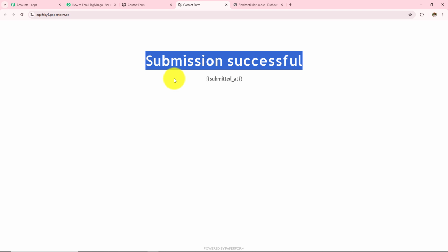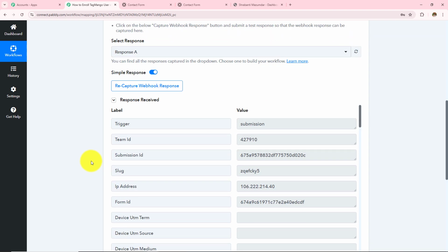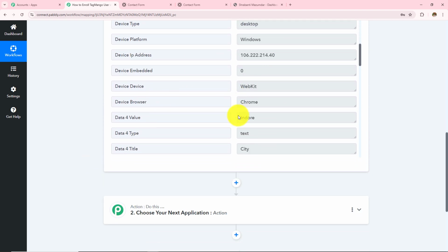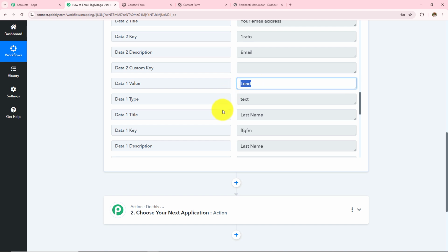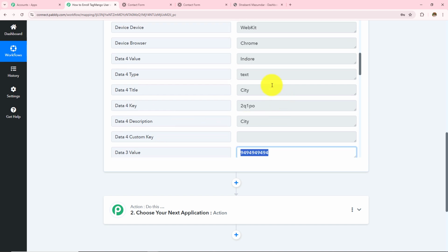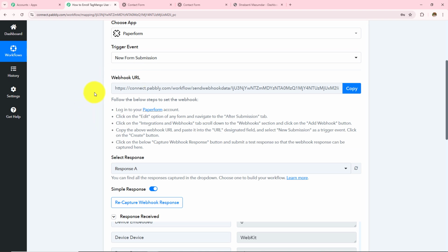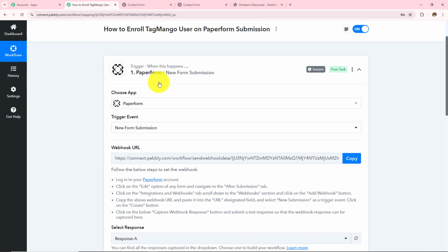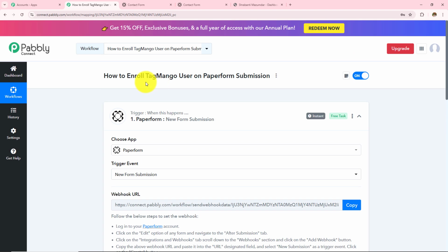I have successfully submitted the form, and all these details should be captured and received in my Pabbly Connect workflow. So let's open my Pabbly Connect, and if I scroll down I can see that I have received the response. So the first name was New, last name was Lead, email address was newlead@pablitudes.com, phone number was this, and the city was Indore. Now as soon as I have done the form submission, I have received the response here in my Pabbly Connect workflow. This means the connection that we have created with the help of this webhook URL between Pabbly Connect and Paperform is successful. And now whenever someone fills the form, I will start receiving the response here in my Pabbly Connect workflow.